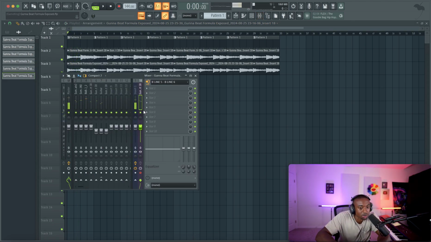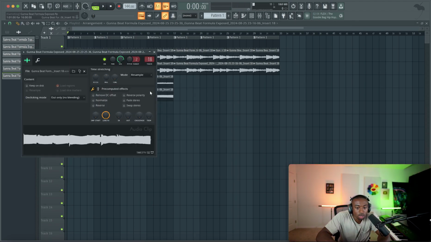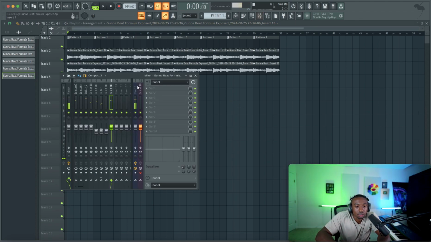So right now the kick's fighting with that bass for its transient space. We'll fix that in the mix.